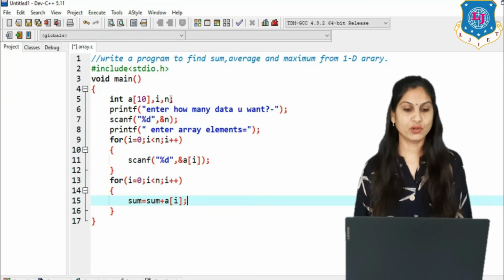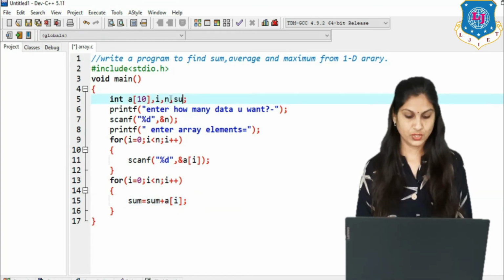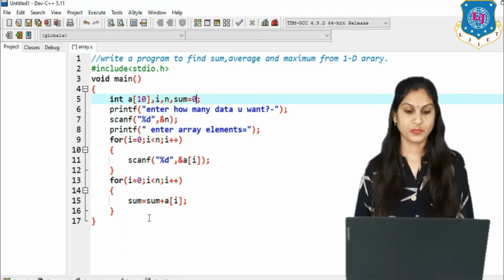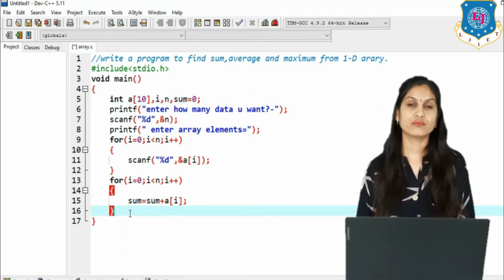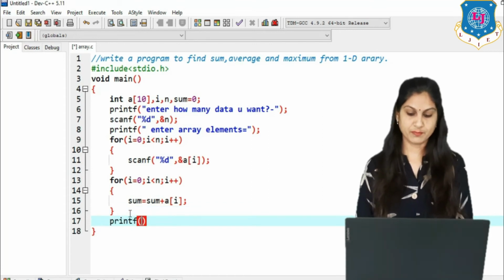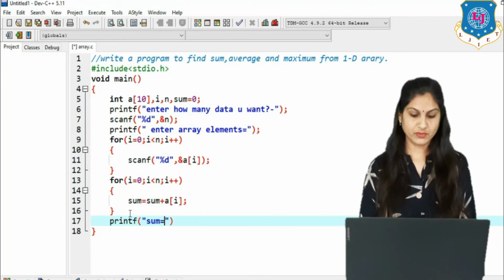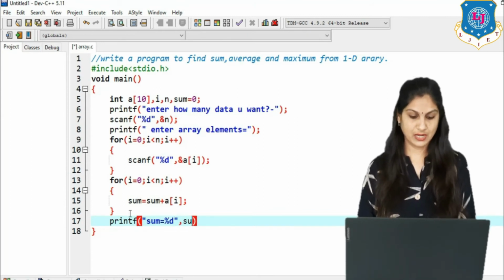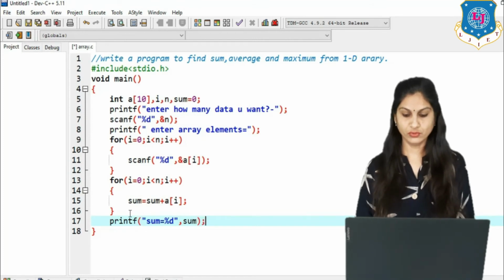Sum, and the default value of sum is 0. So write here in the declaration part sum equals 0. So this is the logic to find the sum. Now print that answer. For that we have to write printf in double quotes sum equals %d, and then the value of sum we have to print.